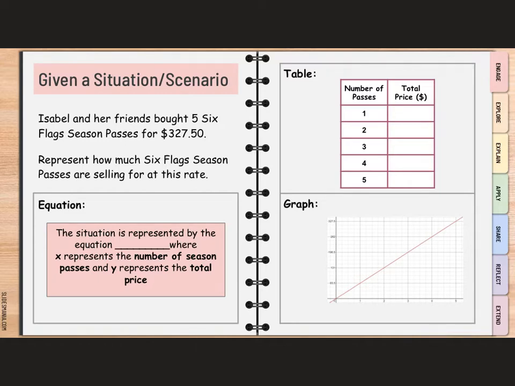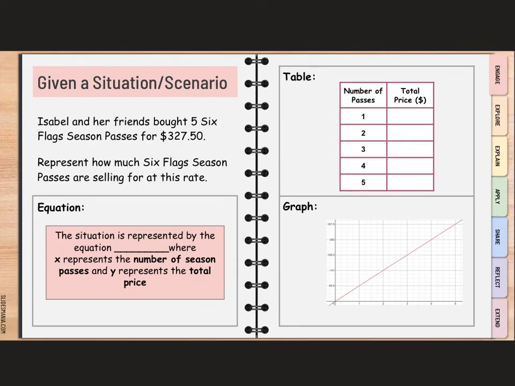And this is what I mean. Here I'm giving you a situation, okay? I'm giving you Isabel, and Isabel and her friends bought 5 Six Flags season passes for a total of $327.50. So if I'm thinking about this in a table, I know that 5 passes cost